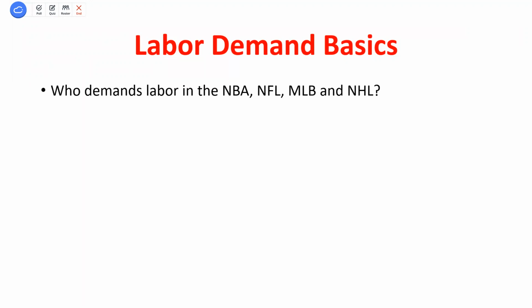The first half of this class is more like industrial organization, where we're thinking about how the teams are making decisions. We introduced it towards the end, but we're really going to focus in on the labor market, right? And we're going to think about what creates differences in wages of players and some interesting dynamics that might exist. So if we think about the labor market, we've already talked about the supply